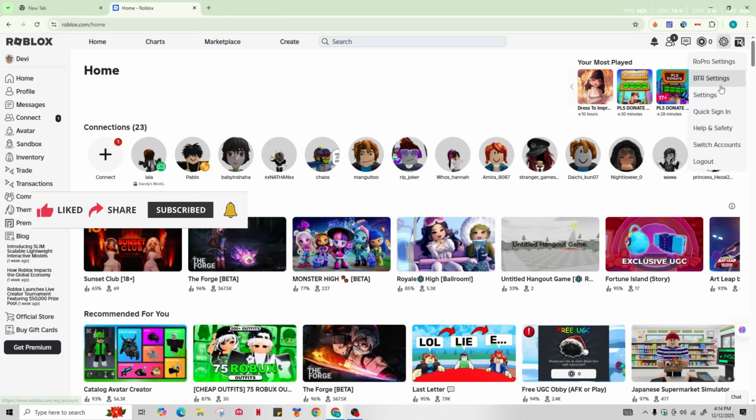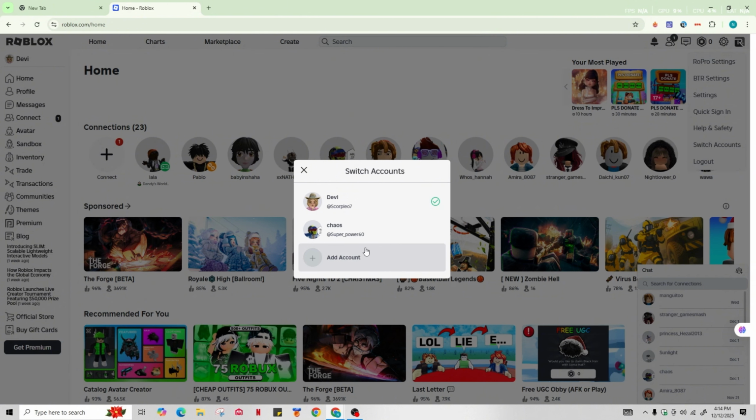From the drop-down menu that appears, you'll see the option of switch accounts. Go ahead and tap on that. Now you'll get the list of Roblox accounts where you can go ahead and switch and log in. But if you do not see the account that you want to switch, you can go ahead and tap on